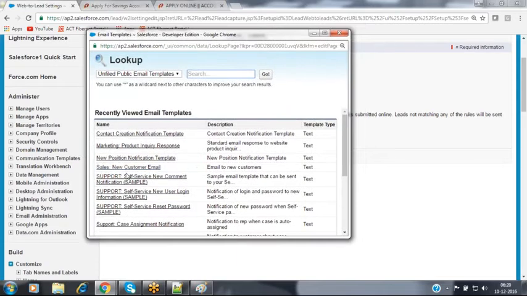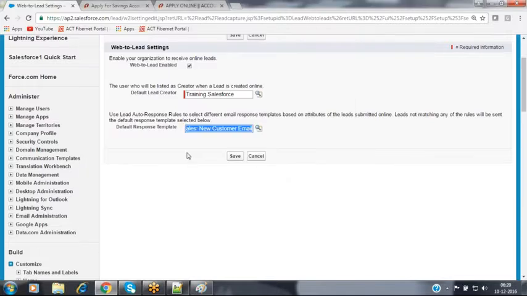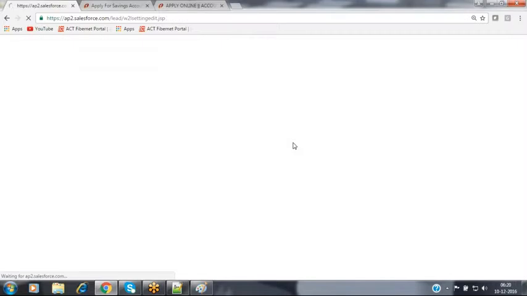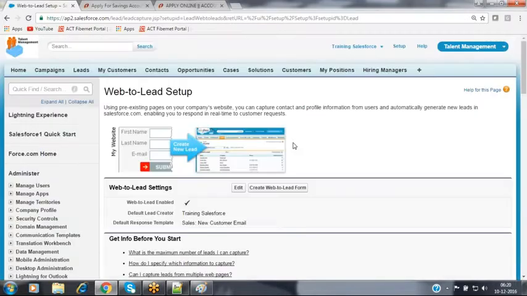Now I'm selecting the one Salesforce is providing, the new customer email, that is, the sales email to new customers. I'm selecting this template here. Now click on save. As soon as one of the persons has shown interest through our organization website, to his email ID automatically I would like to send one notification email, the confirmation email that your details we have received successfully, and one of our salespersons will contact you shortly.